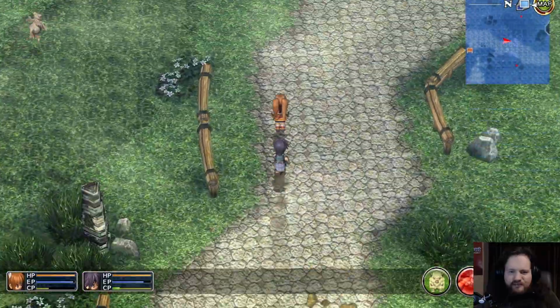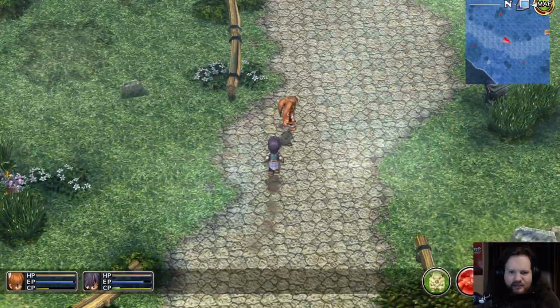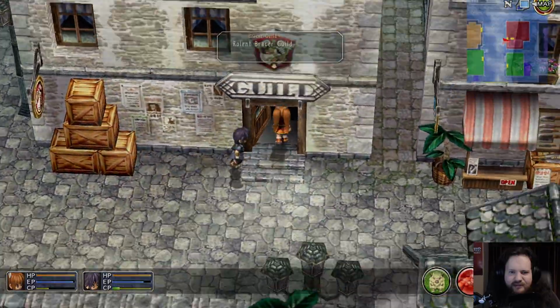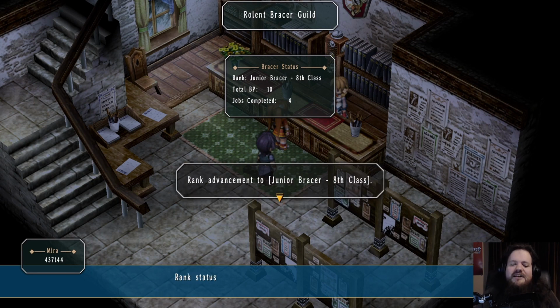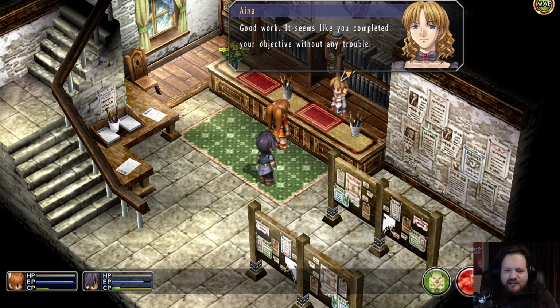I think that's probably what I would do if I were playing this one seriously and focusing on doing everything in its order, because that way you get your rewards as soon as you can. But there, we get 30 and 2 points, 600 and 3 points, and that makes sense. The little one for the kid pays you 30 mirage because it's all he had, and we get our rank advancement. We are now 8th class, which gives us the information quartz,